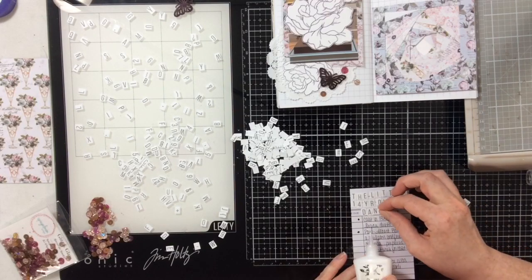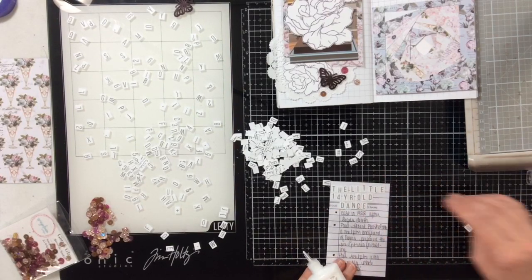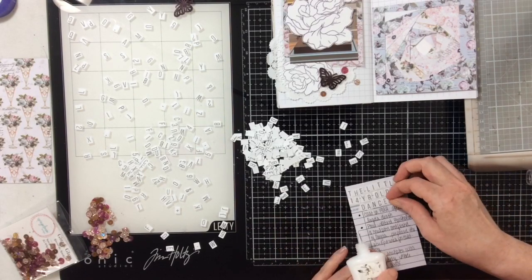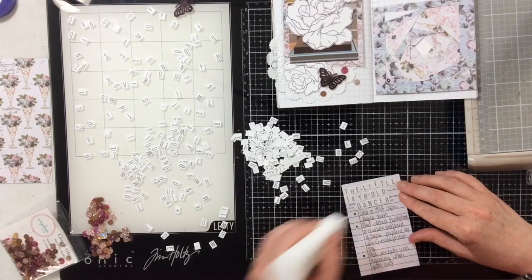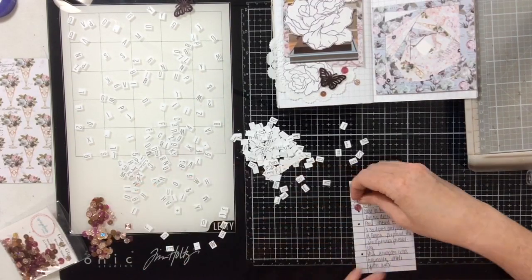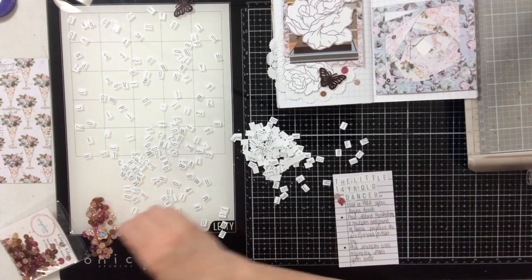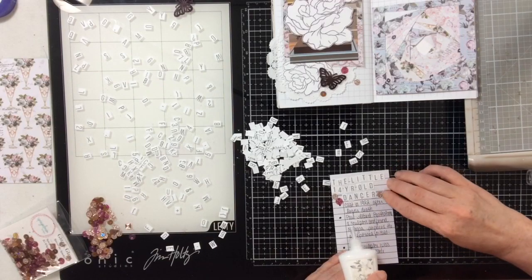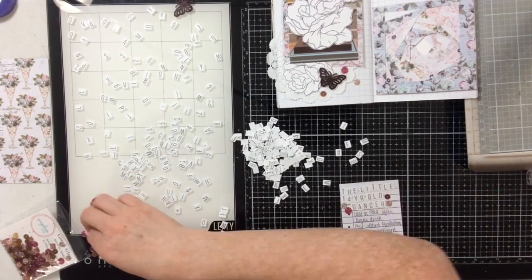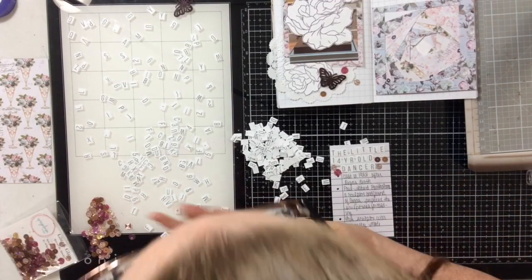But since I had them all out on my desk and all separated out so I could easily find the letters, I created as much as I could with those letters. So I'm just adding the name of the sculpture. I'm adding the year that the sculpture was cast, and then I'm going to go ahead and add some sequins just to my little card that has all of the journaling on. So you can see here how nice those sequins really set off